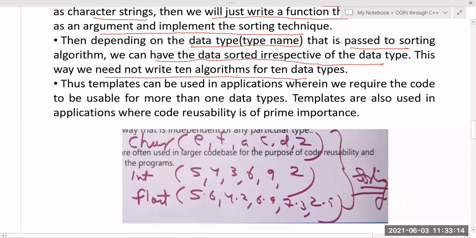Now suppose we have 10 data types in the C++ language, then I have to write 10 separate programs. Like I have to write sort, just now I have discussed. So sort of integer, then I have to write the logic for int separately. Next, sort of float values, then for float I have to write another logic separately. Like that, I would have had to write separately for 10 data types. But